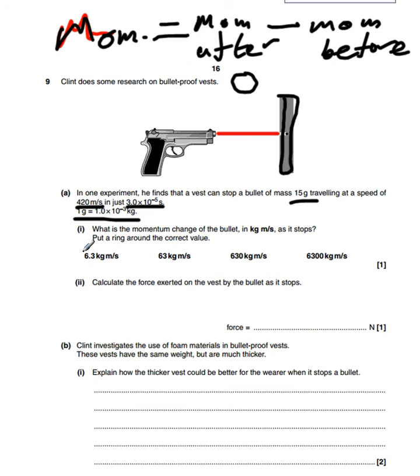Well, to calculate the momentum of something, so momentum, use that abbreviation again, it's the mass of something times the velocity of something. So m for mass, v for velocity there. And let's have a look. Our mass here is 15 grams, but we can't use 15 grams because this equation only works in kilograms, so 15 grams in kilograms is 0.015 kilograms. So we need to do our mass